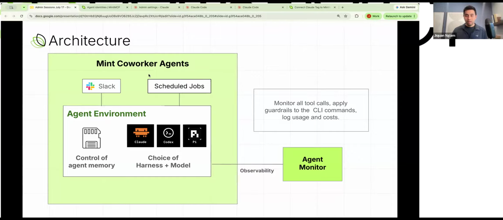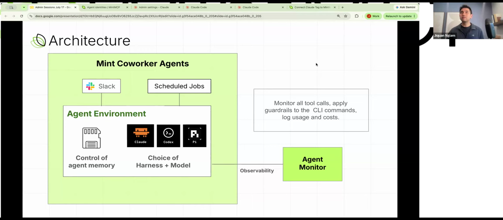Cool. And then Shafiq had a good question that came in, which is: is there any agent runtime configuration in the future? The answer is actually yes. Later I'll do a quick view of the agents inside Mint, and we'll show you the different runtime options and also the different model options. With the introduction of models like GLM 5.2 or Kimi 3 yesterday, I think we are now in a mode where using a harness like maybe Pi or Claude with these models may be a very cost efficient and also very sovereign way to run things, where you have more control over everything behind the scenes and no one can take that model away from you in the future.